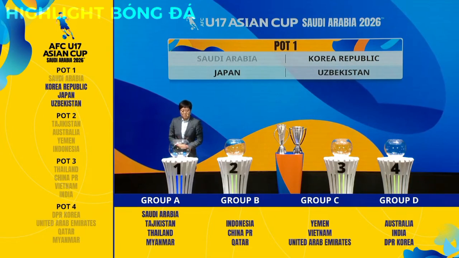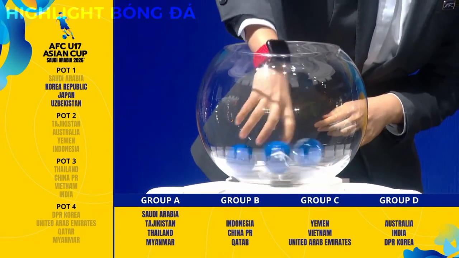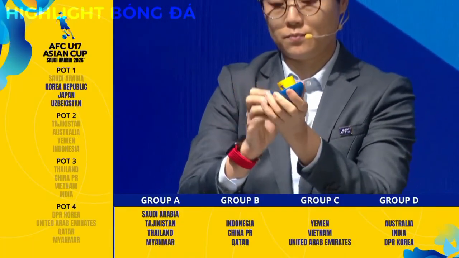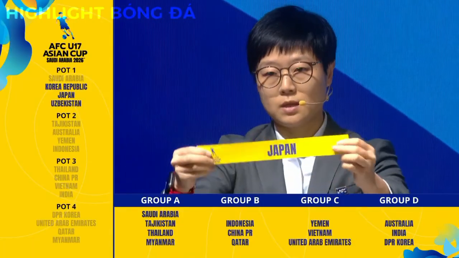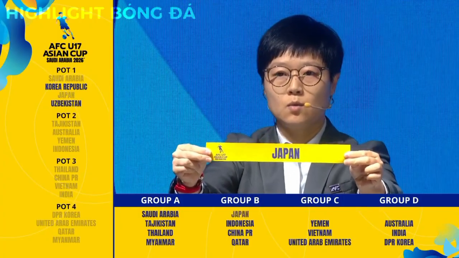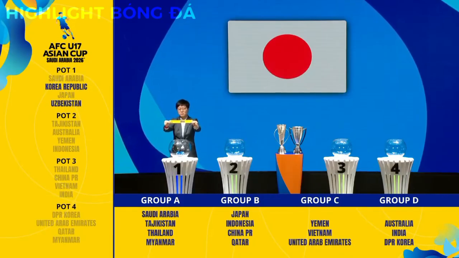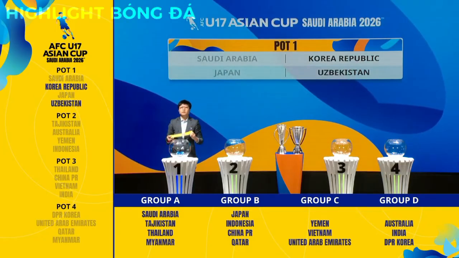And now we will draw the position 1 of the remaining groups. Japan. Japan now is drawn to B1. They have qualified for this competition for quite many times, and this is the 16th in a row in the final stage. In the last edition, they played in the quarterfinals. Unfortunately, didn't go through the next step, but they have 4 champions title in the history, the last one being in 2023.